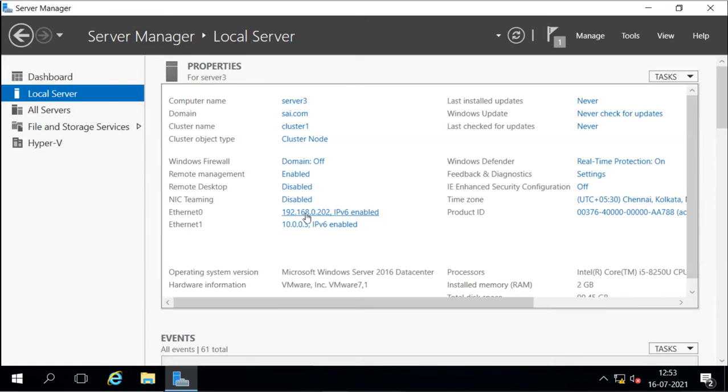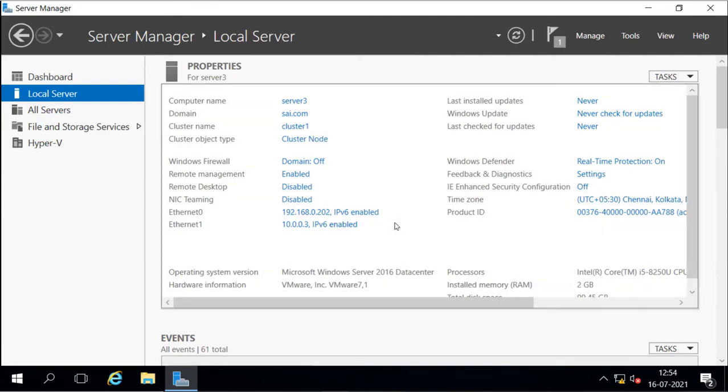Now we need an external network. We have to create the external switch so that the virtual machine can be accessible from outside of the host. That means if the clients want to use the virtual machine, then they should connect to it from the outside. So for that we need an external switch that can be used to connect to the virtual machine from outside of this host.